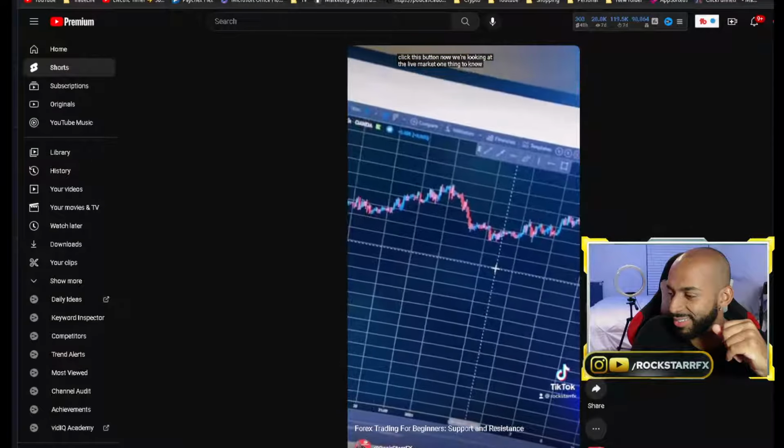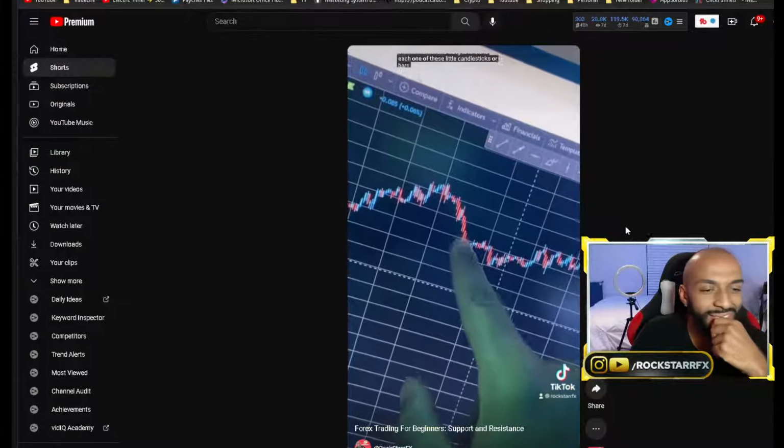Market. One thing to note is each one of these little candlesticks or bars, whatever you want to call it,